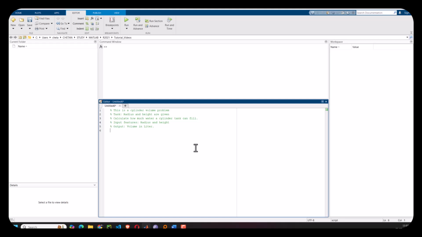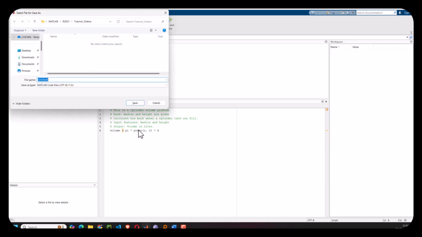Then I have to define my variables. So I should have the volume equal to pi into r to the power of 2 into h. Okay, and we'll just save this. I will call this cylinder script,